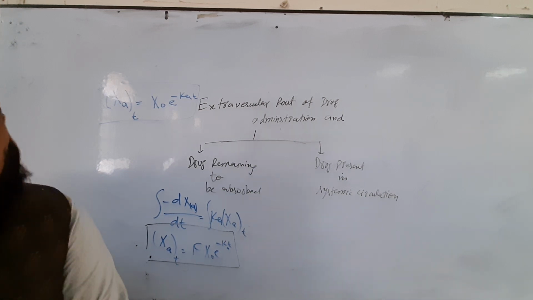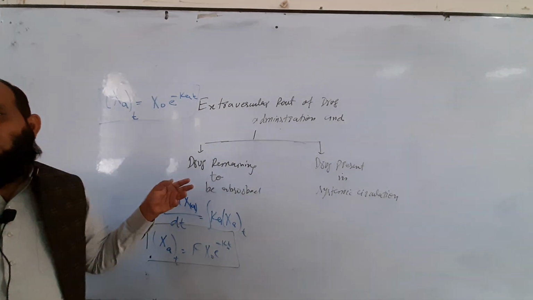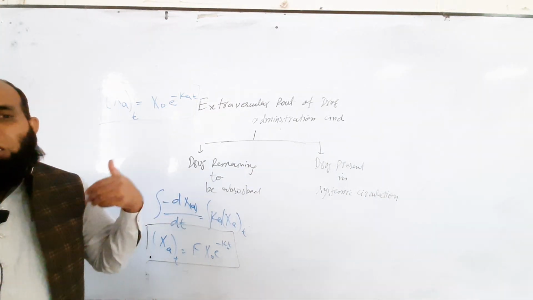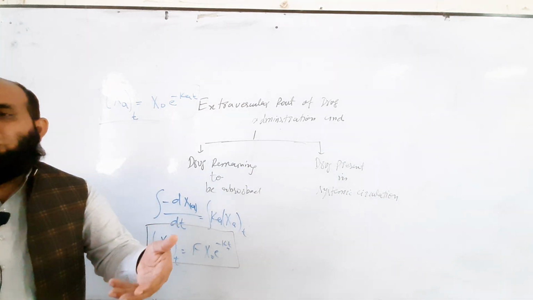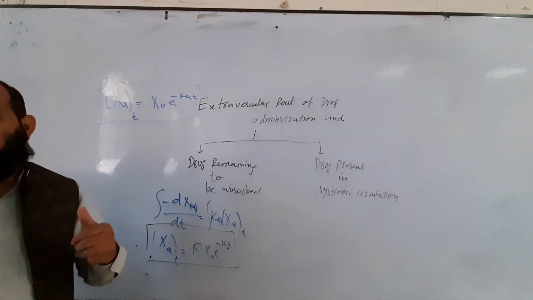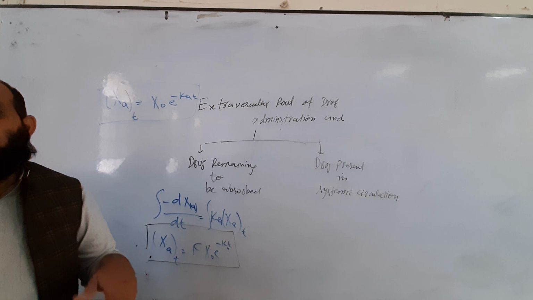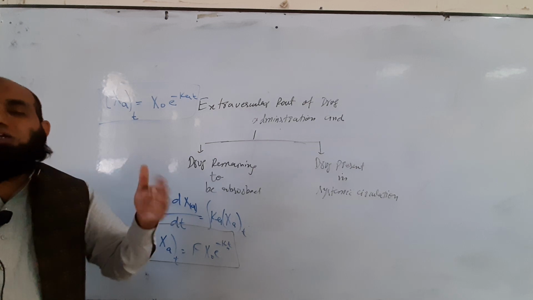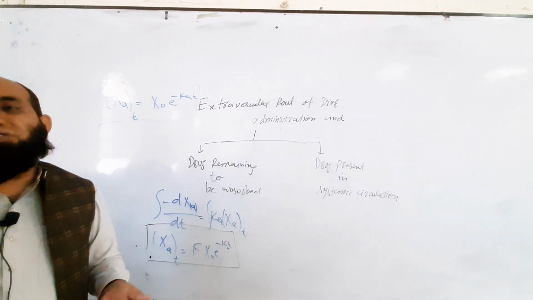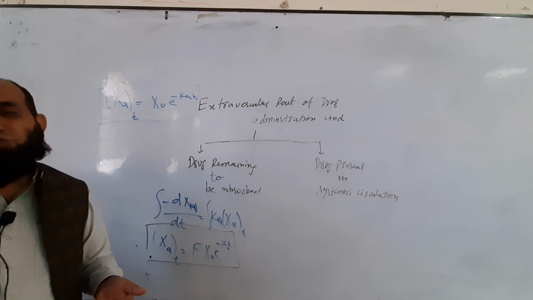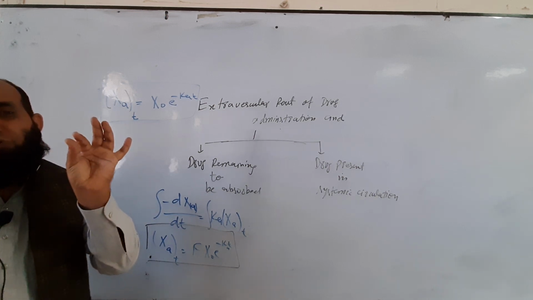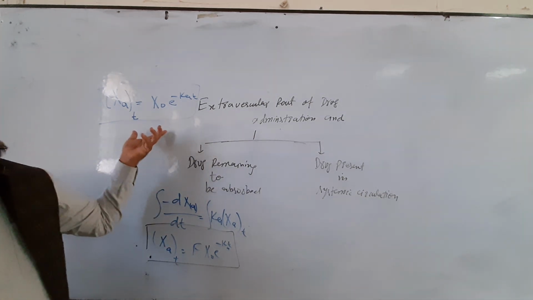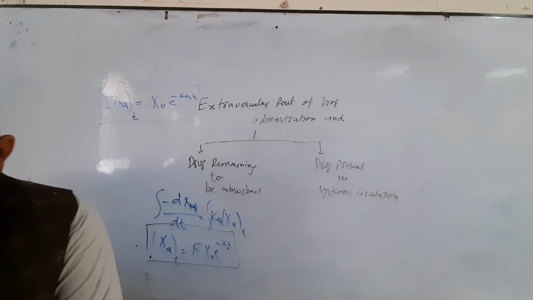If we are giving a dose of 100 milligram of Nimesulide, it means we have to check how much of the drug is present in the stomach. Say we assume that 80 milligram is now present in the stomach, can we assume that the remaining amount will be present in the intestine, or the other amount in the colon? The answer is no, because there is no technique which will give us the idea regarding the exact amount of drug present in a particular organ. But we can calculate this by using this formula.